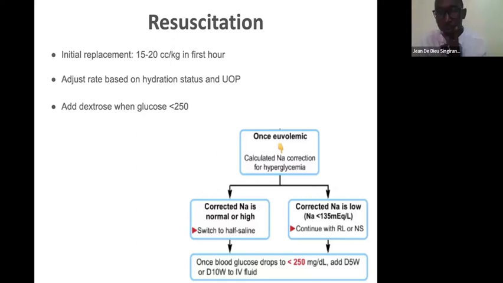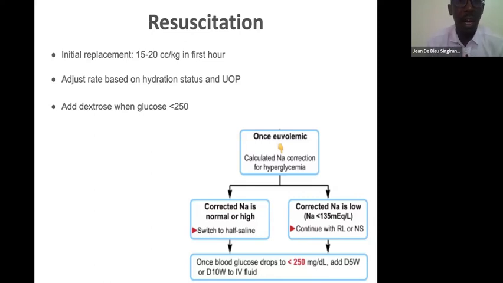Okay, thank you. So we are starting with the management of patients with DKA versus HHS. If I start with the patient who has DKA, as Dr. Andrea and Dr. Walker were saying, we have to start with the ABCDE approach. We have to do the primary survey. If the patient needs airway management, we have to do it. And also we have to assess the degree of